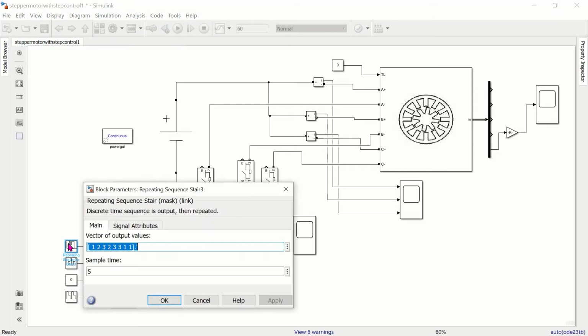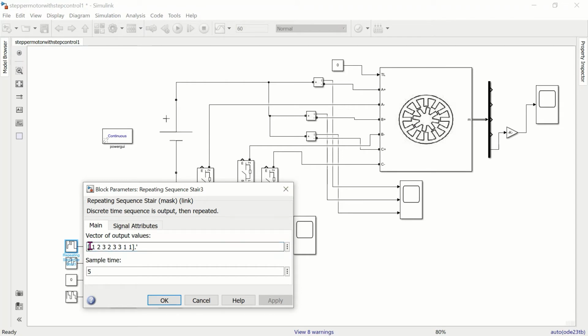Here this is the one which decides the operation you have to do, whether you want to run the motor in forward, reverse, or halt. Here 1 represents forward motion, 2 represents halt, 3 represents reverse motion.